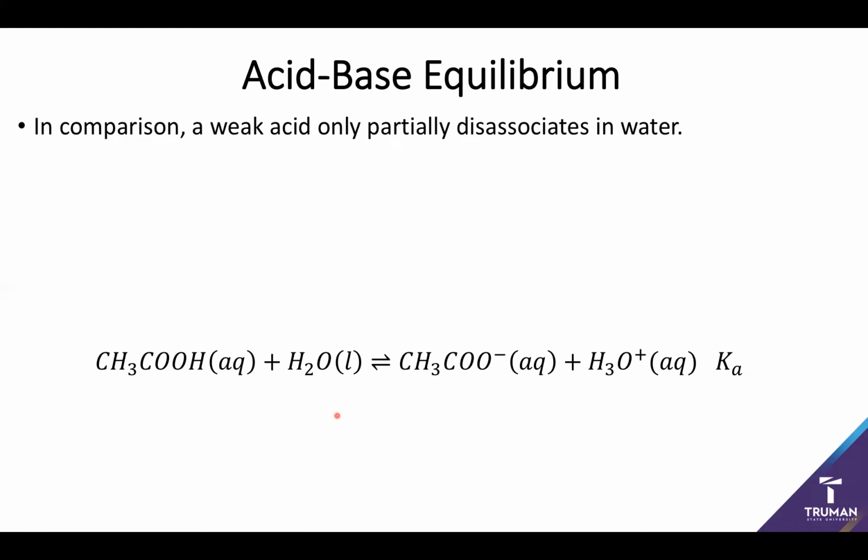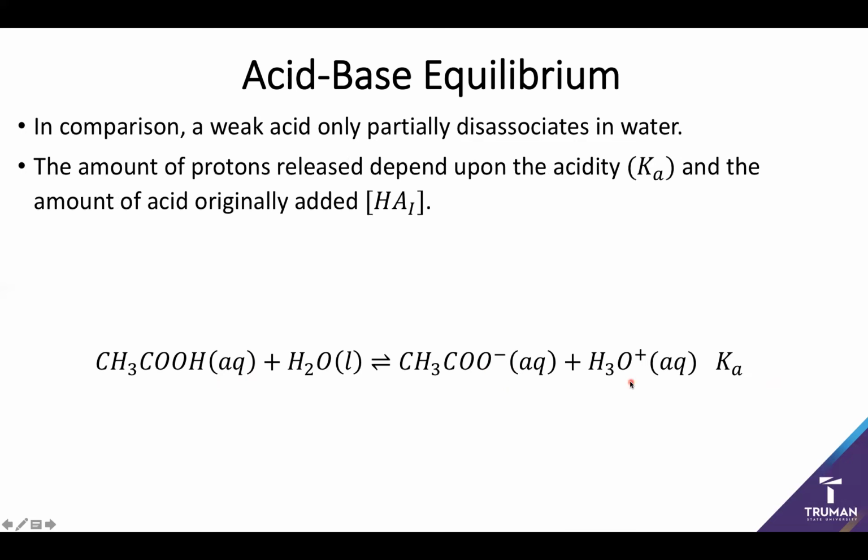Now, the most notable thing is that strong acids and bases don't have an equilibrium constant. They always go to completion. Now, if I've got a weak acid, it's going to have an equilibrium constant, and generally an equilibrium constant less than 1. And as a result, I'm only going to slightly break apart and make a little bit of conjugate base and a little bit of free protons. And so